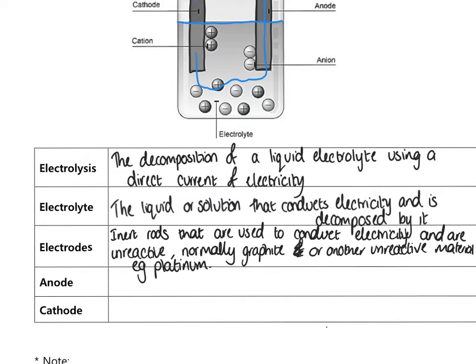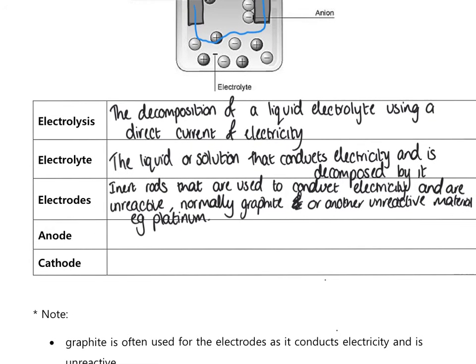Platinum also is a metal, obviously, and so it can conduct electricity, again, by those delocalized electrons within the metal structure. The reason we normally use graphite is simply because it's cheaper than platinum, but platinum can be used as well. Okay, so we've mentioned the anode and the cathode, and what we find with the anode is